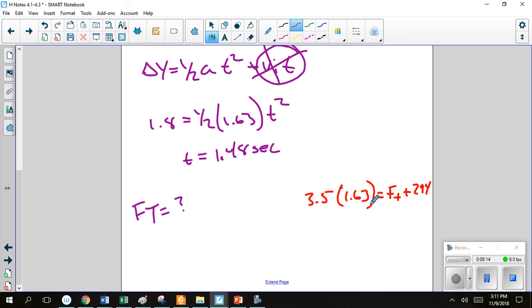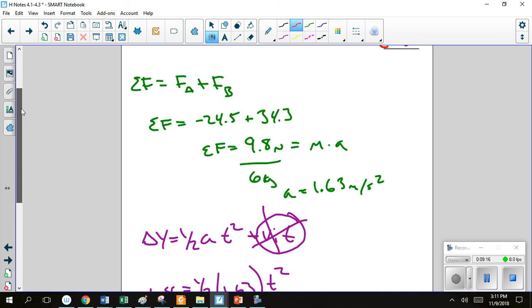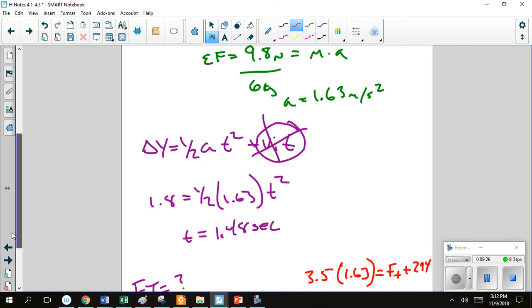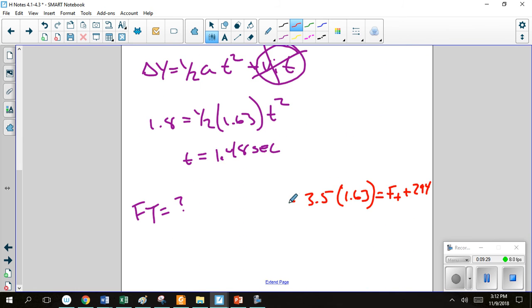Now, the tricky part here is, remember, anything that's left is negative, and anything that's going to the right is positive. So even though it's going up, we're going to consider that negative because it's going towards the counterclockwise direction. So that gives us a net force, or force of tension